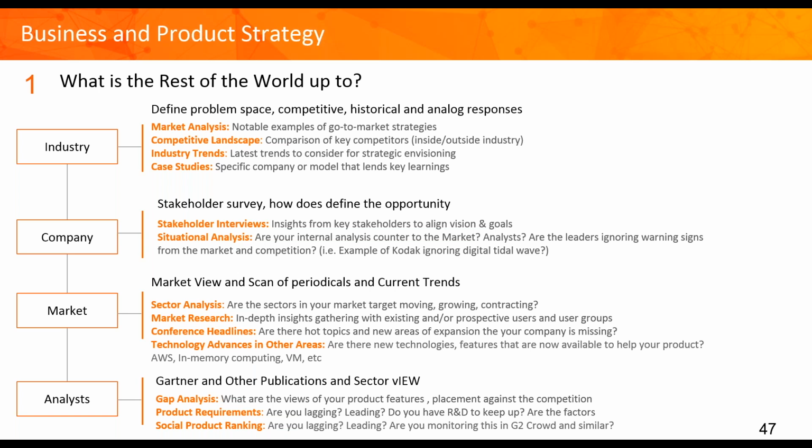If I'm in healthcare, or whether it's science or some of the other kinds of things, that sector analysis, what are the technology advances the other teams are doing? How are they cutting their costs and driving their revenue? These are very, very important things that will then potentially give me ammunition. And again, it may not be soft or hard, but it's the competitive analysis to say we really need to move towards this modernization to keep up.